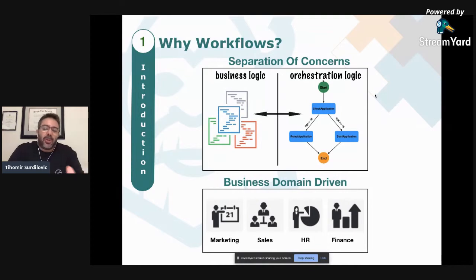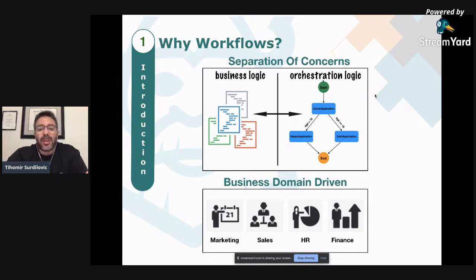Well, workflows have been around for years, and they're really good at something called separation of concerns. We're able to separate our business logic, which our microservices should concentrate on, from the orchestration logic, which includes control flow logic and things like that.